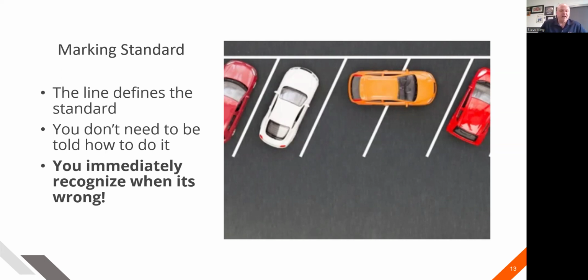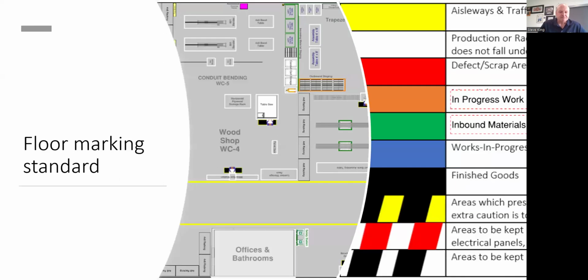So that is the benefit of visual standards that you'll create in your shop that can immediately expose that condition that's unacceptable. That's really what the visual standards are all about. So that's just an example that you can take away and understand the standard, what the marking standards really are. But what does that really look like in a fab shop? For me, it came down to